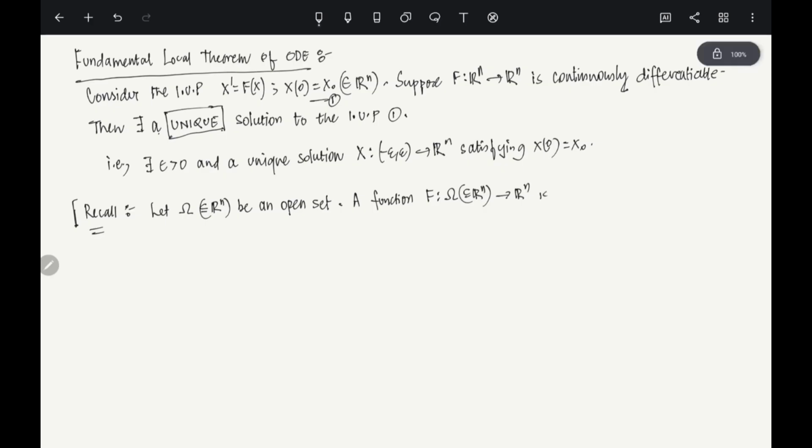Is said to be Lipschitz continuous. We are going to need this concept here. That is why we are just saying Lipschitz continuous on omega if there exists k. This k of course is positive such that